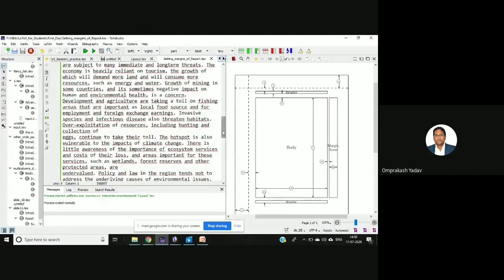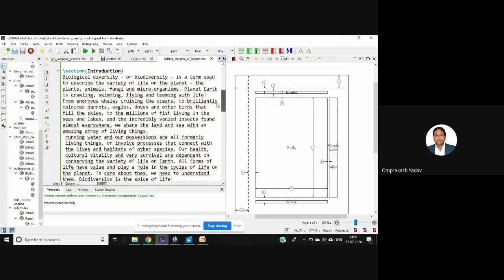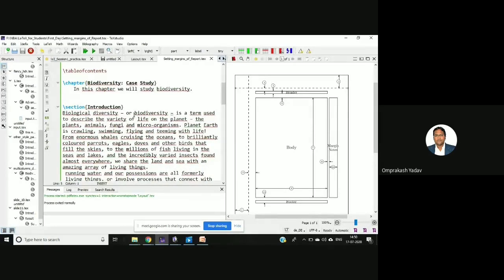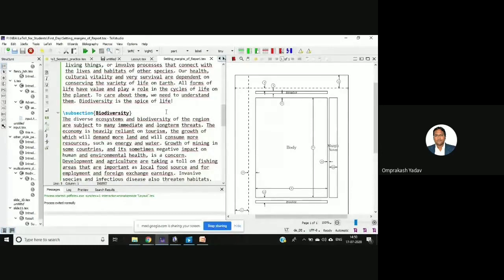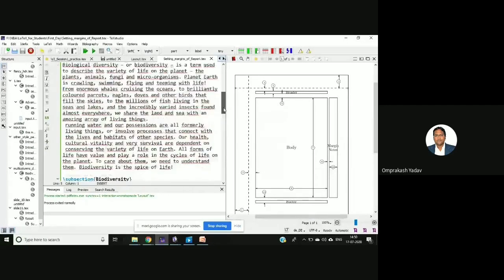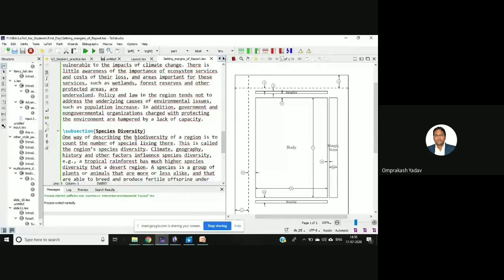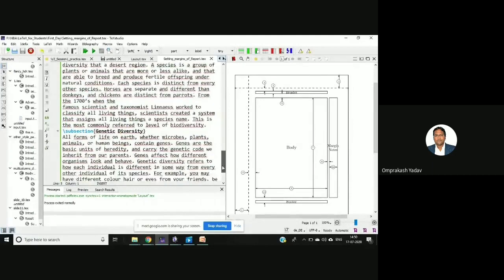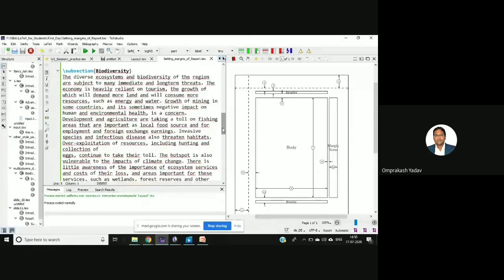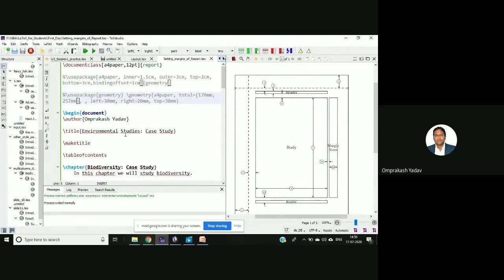So this is one document I have prepared. I have not written it, I just copied from here and there. The same biological diversity text, I must have copied over here also from Google, right? And I've added this section. Then I've added one subsection, then one more subsection, species diversity. Then one more subsection, genetic diversity, right? So 2-3 subsections are there. Let's run this first and see the output first, and then we will do the changes.